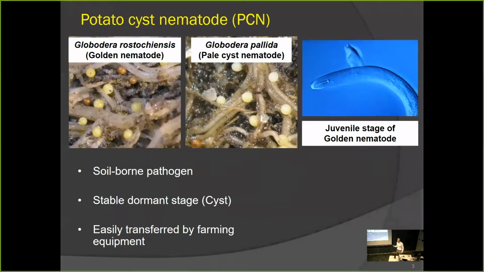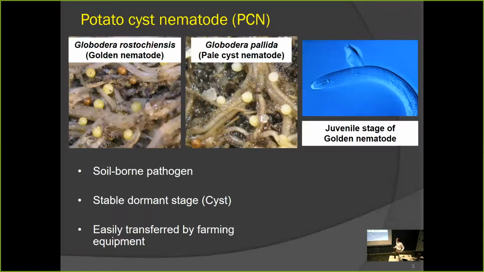There are 2 potato cyst nematodes. One of them is Globodera rostochiensis. Another one is Globodera pallida. They also have common names, golden nematode and pale cyst nematode, respectively. This picture shows the juvenile stage of the golden nematode. And for your convenience, I'm going to use these 2 common names in the following slides, golden nematode and